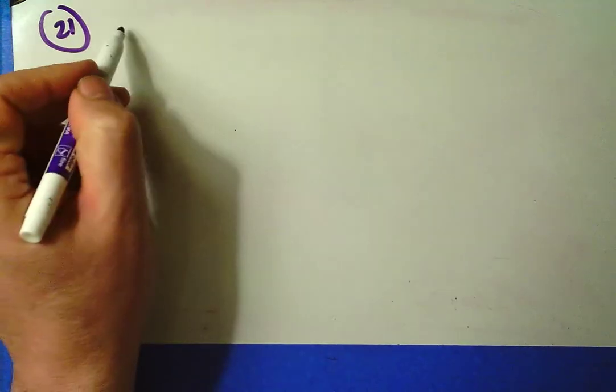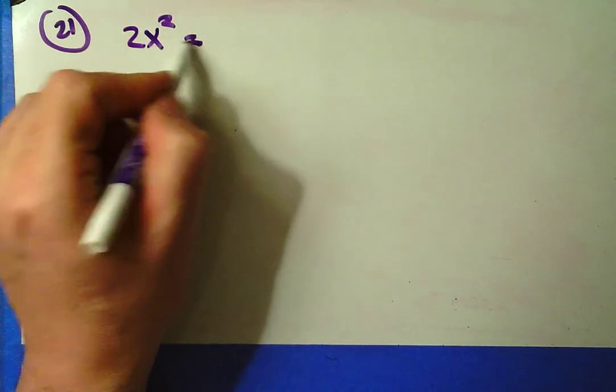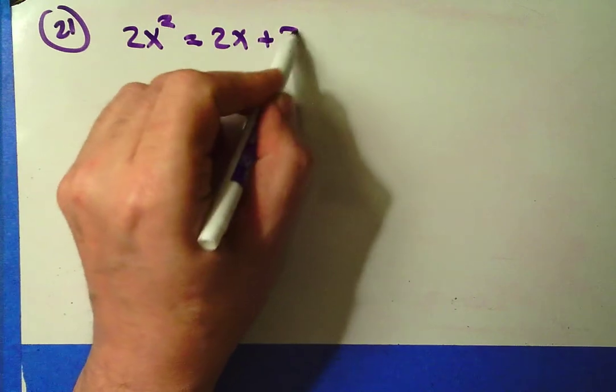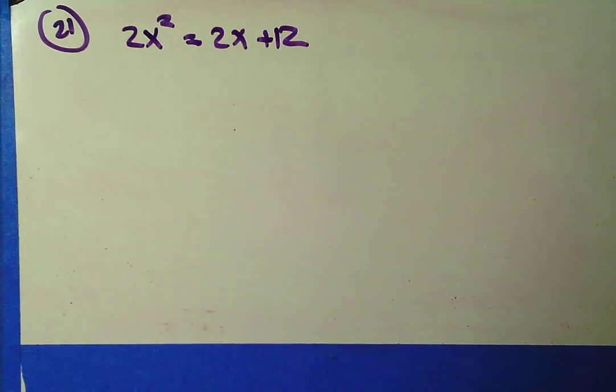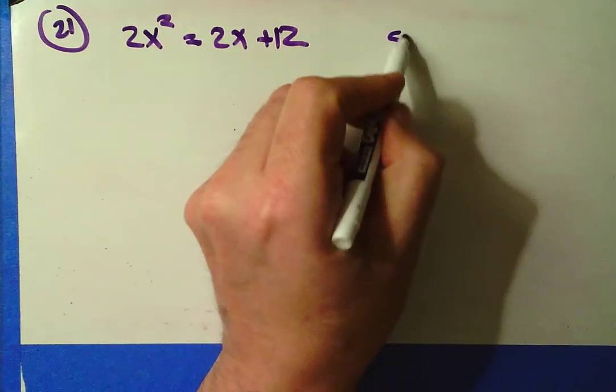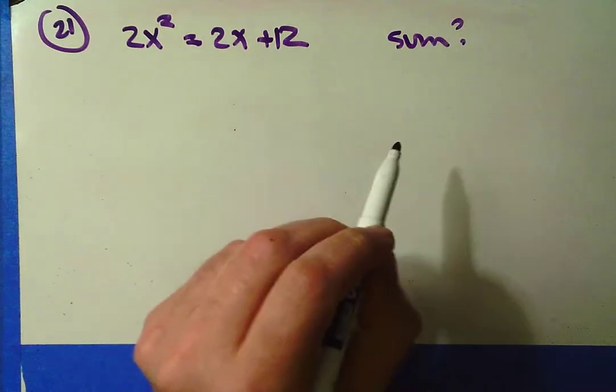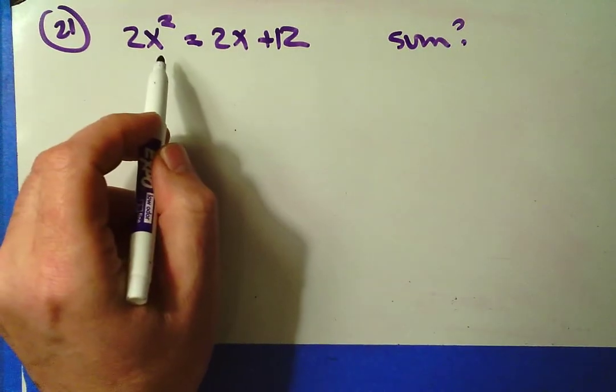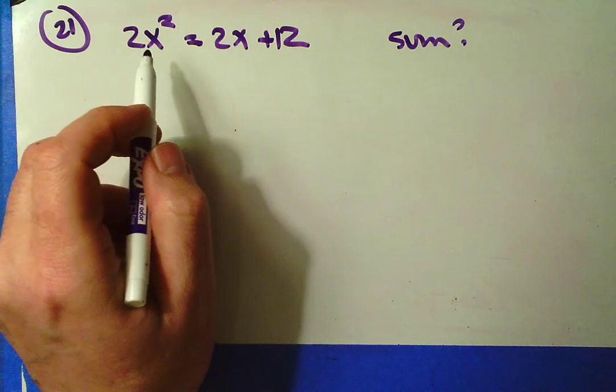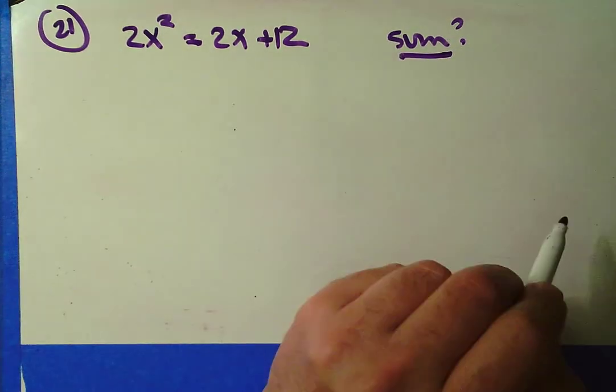Okay, let's take a look at the next one, number 21. What is the sum of the values of x for which 2x squared equals 2x plus 12? The sum of the values? Well, that means they want me to solve this equation, presumably get more than one answer, and add those answers